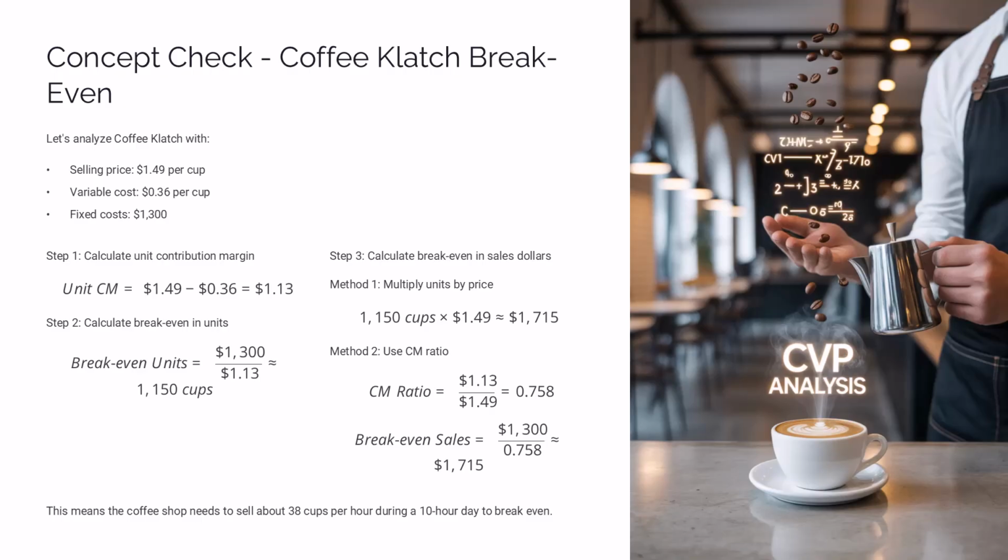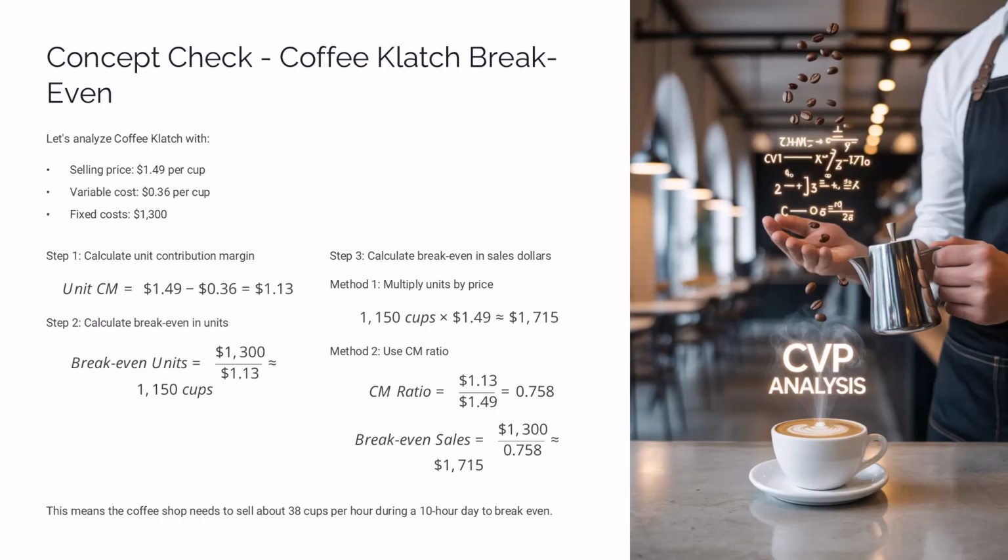The critical insight that most students miss, and that's worth at least 10 points on every exam, is that break-even assumes you can actually achieve that volume at that price. If Coffee Klatch has to drop price to $1.29 to get enough customers, their new unit CM equals $1.29 minus 36 cents equals 93 cents, and new break-even equals $1,300 divided by 0.93 is approximately 1,398 cups, which might be